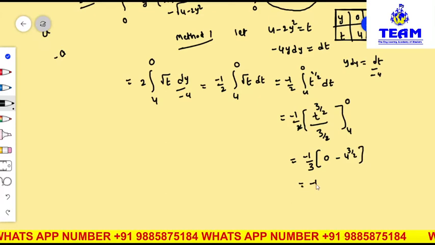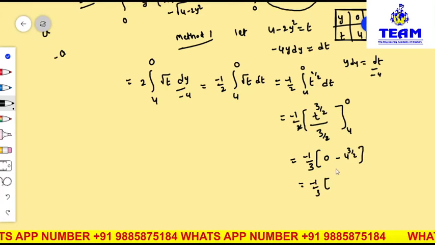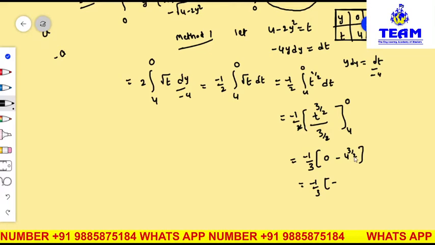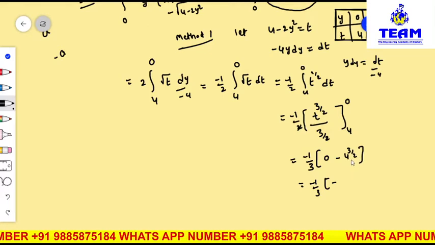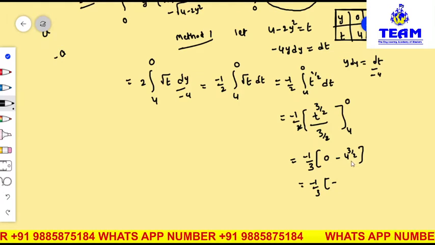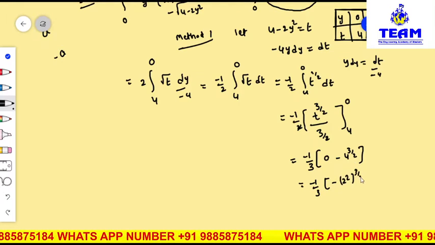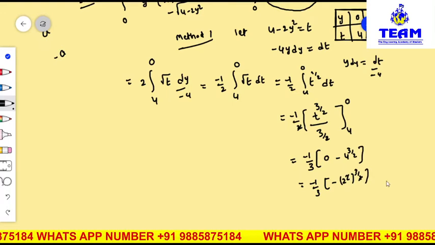So minus 1 by 3 is minus 1 by 3. Friends, you see minus of 4 you can add 2 square. Why I am writing 2 square means this is 3 by 2 is there. So square and this by 2 is getting cancelled. Okay. So 2 square whole to the power of 3 by 2. This square and root getting cancelled.